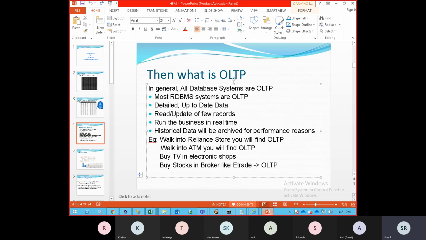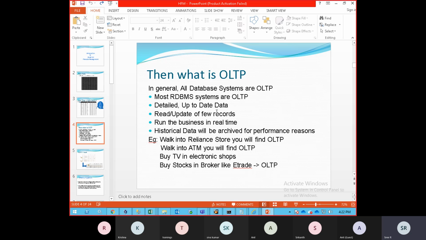Even in DMart, they are using it in front of you while you're giving the products to purchase. They input whatever products you bought into that system, but management people will actually ask how many products they sold. For example, in DMart, if the manager asks how many soaps are available, they can get the stock list.